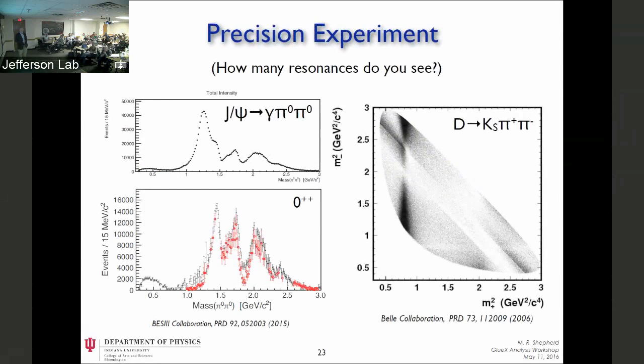So here's GlueX. Some features of GlueX is that it's going to be a very high precision experiment. And some people have had experience with high precision experiments in the past, and it starts to get really hard because you no longer become statistics limited in many ways, and you become systematics limited in your understanding of the underlying physics. So here are two good examples I'd like to show about complexities in physics.